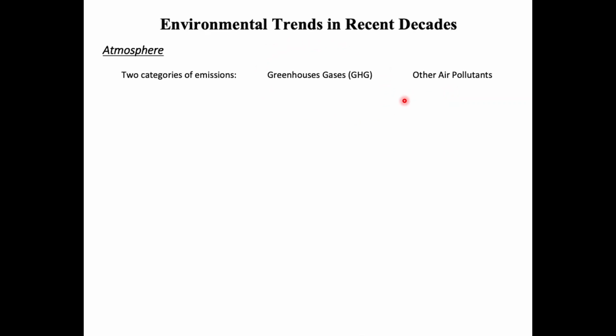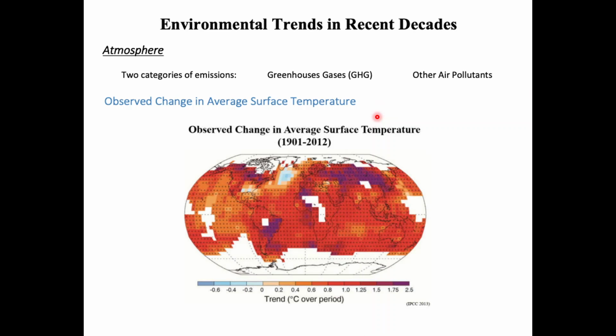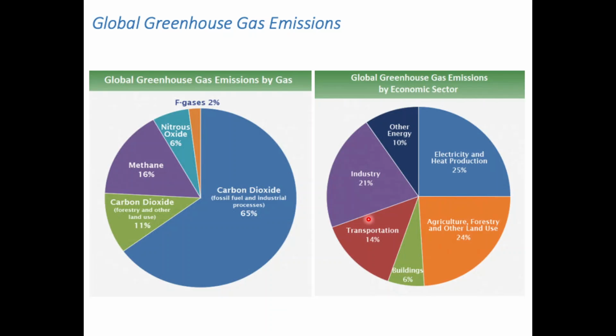As most of you are aware, the reason why we're focusing on greenhouse gas is because of climate change. So here's a picture illustrating the effects of climate change. You can see that everything here going all the way up to the purple is the change in temperature over this period, so a little bit over 100 years. Now, where is this greenhouse gas coming from?